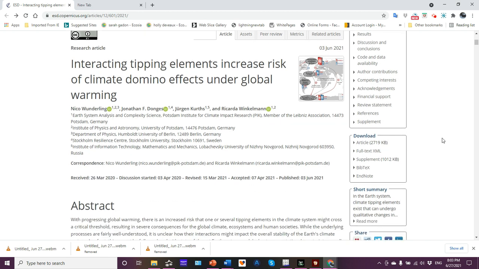And what they basically found is that the temperature that would initiate a change in the state, in other words, from the current state to something different, is actually lowered when there's an interaction. Think of, like, in statistics, you have two independent variables. Okay, what does variable A contribute? What does variable B contribute? What's the interaction of the two variables contributing to the response? So this is a first step. You have to start somewhere, and